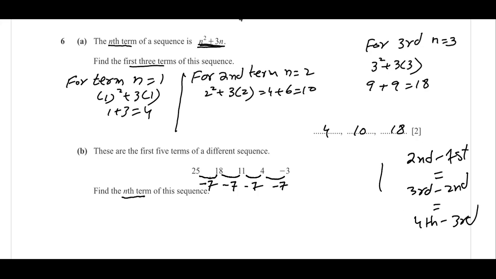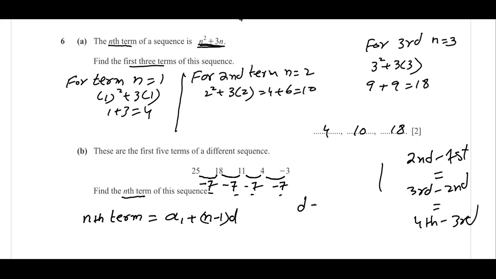We call such a sequence an arithmetic sequence. And what we found is called the common difference. In this case, that is your common difference, the first difference. If the first difference is equal, we call it an arithmetic sequence. And what is the nth term for the arithmetic sequence? The formula for the nth term of an arithmetic sequence is a1 plus n minus 1 into d. This is d, what you found here.